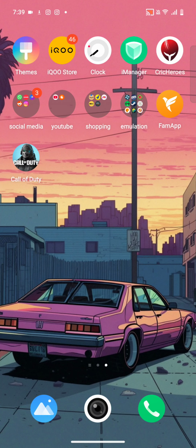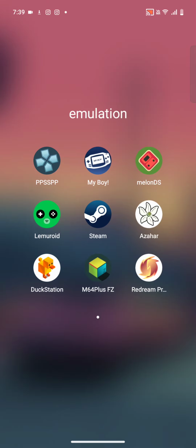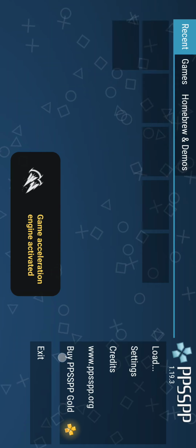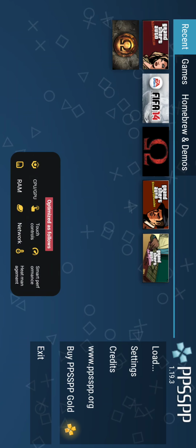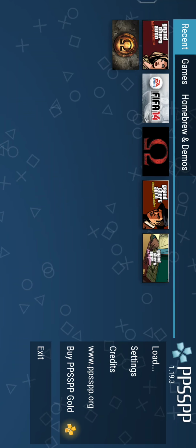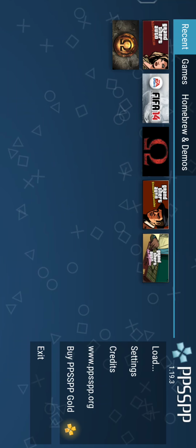Today we are going to look at some of the best emulators to use on Android for retro gaming, obviously. So first up it's PPSSPP. This is a PSP emulator. Setting up PPSSPP is really easy. You have to log in and just give the game directory for it and it will just recognize your games,